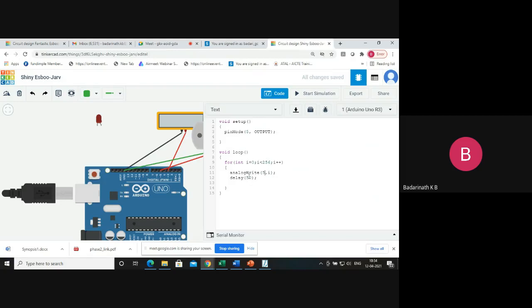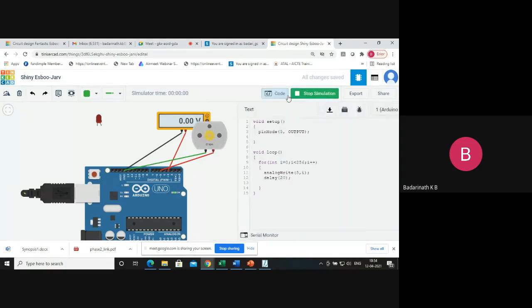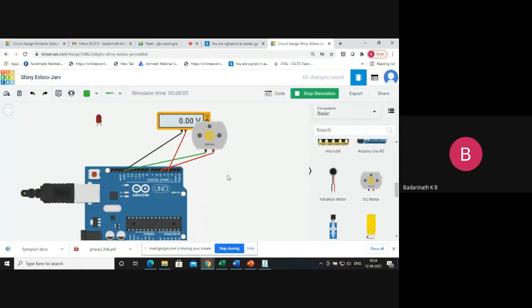Now I will make it a little faster. Now I'll run the code. Look, the motor is rotating. Look at the RPM value here. You see it's coming down, the RPM is reducing to a minimal value, some 0 RPM, and then it's going to the maximum RPM. It goes to around 5000 RPM. So it is changing from 0 to 5000 RPM.